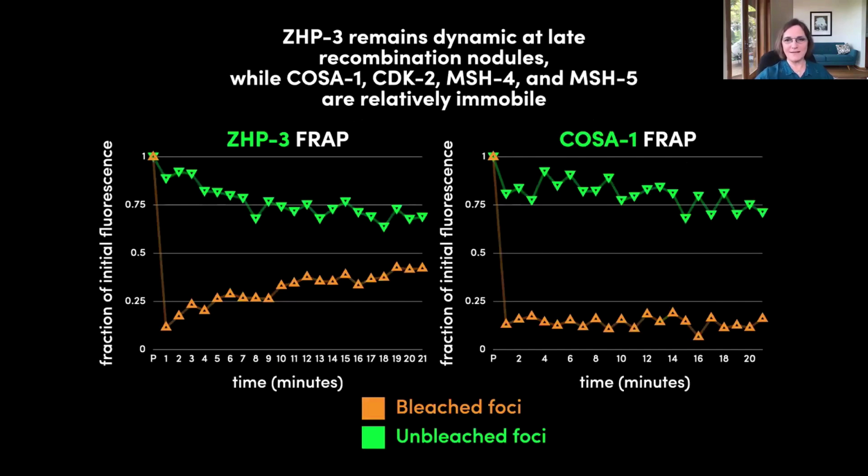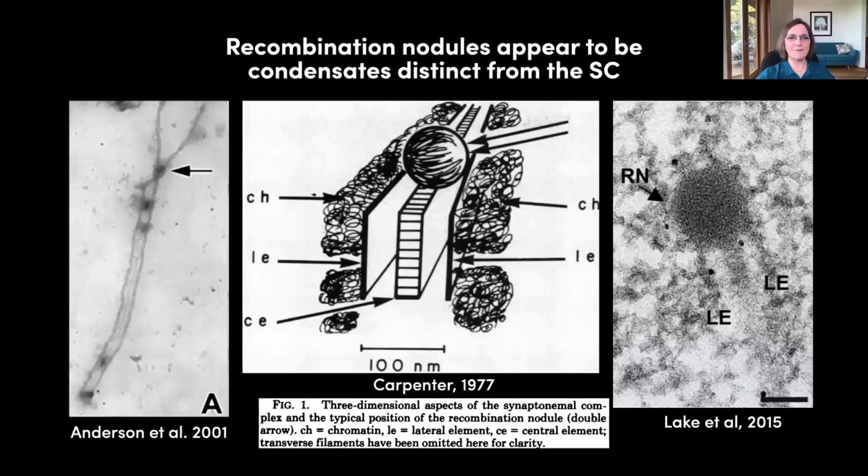I haven't shown you any data for the other proteins, but just to give you a sense of how we look at these. So how is this all working? Those of you who've heard me talk about this in the recent past may have heard me talk about Turing patterns and other ways that recombination intermediates may form these widely spaced nodes along the chromosome. But more recently, in talking to a physicist about our system, he suggested a new way of thinking about it that I think may be a better model for what we actually see and what we know about the mechanics of this system.